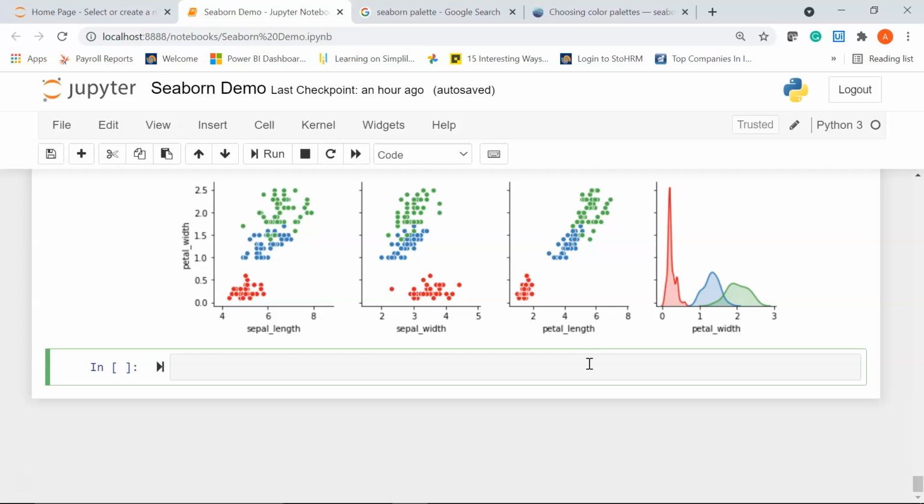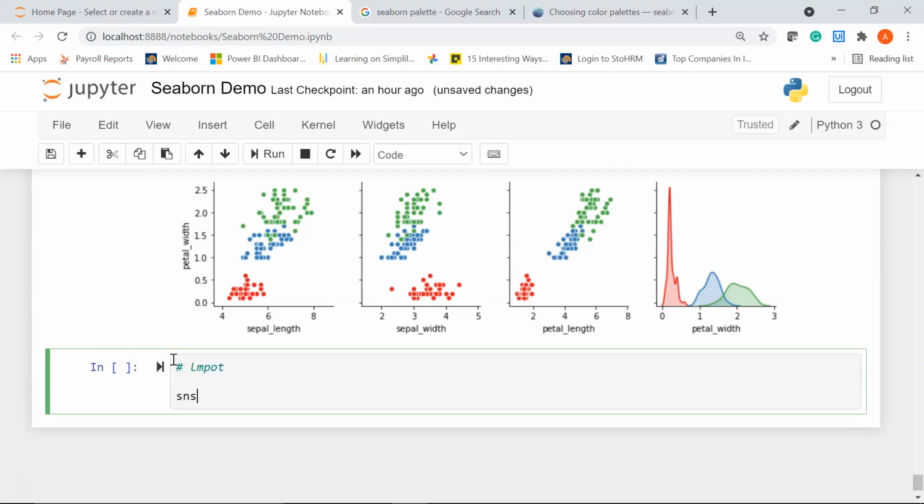So let's create the plot to show the relationship between petal length and petal width of the different species of iris flowers. I'll just give a comment here as lmplot. I'll say sns.lmplot. In the x-axis we'll have petal length, comma.